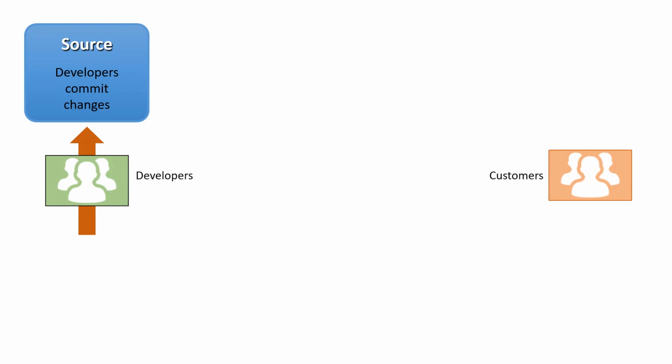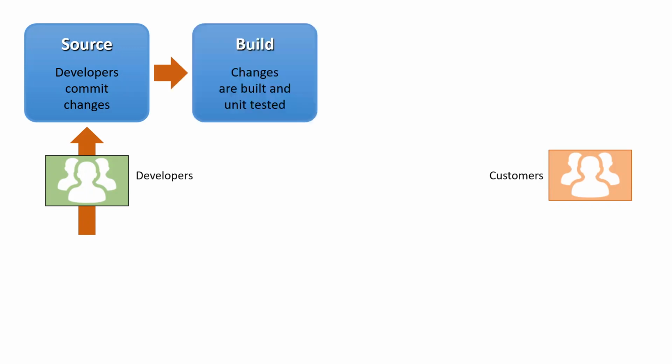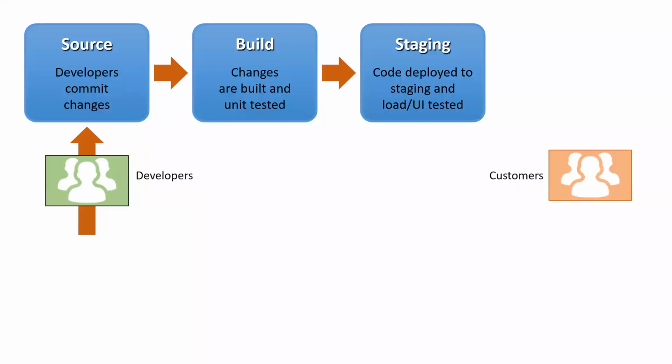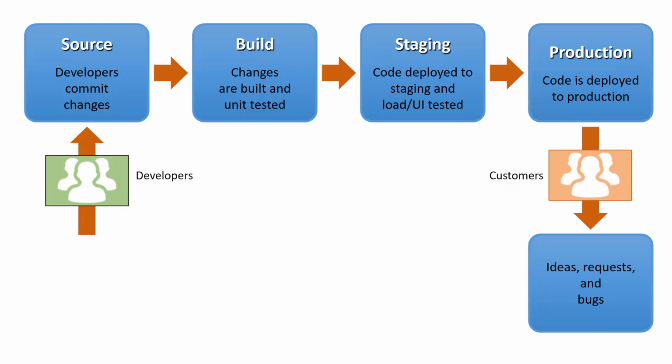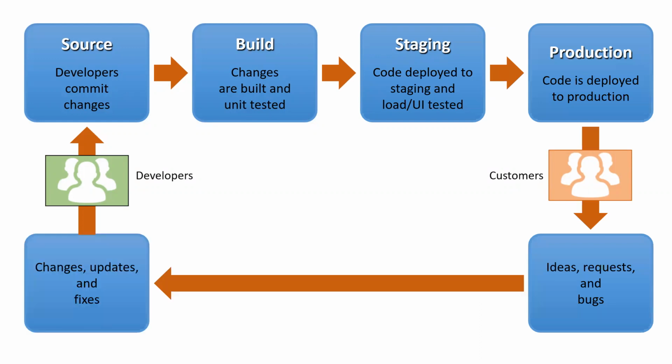I should have my source code written by the developers at one place. I should be able to build it as the next stage in the pipeline. Then I would like to test it in my staging environment. If everything is ready, I will deploy into production. I'll continue this process, identify the bugs, release those fixes, and this process will continue. That's how it is with a DevOps pipeline, people.